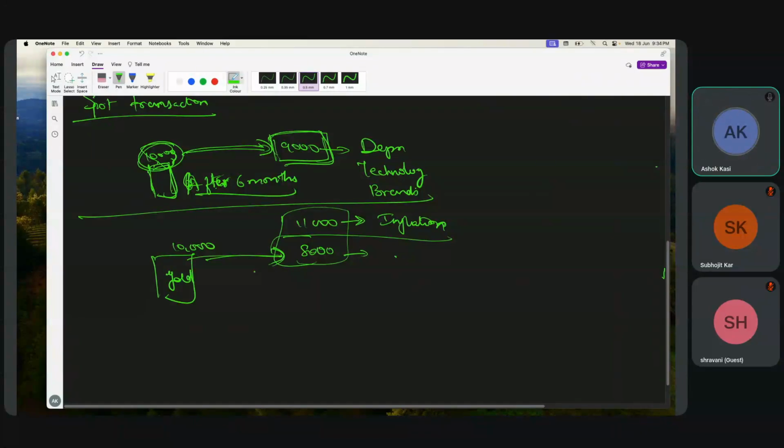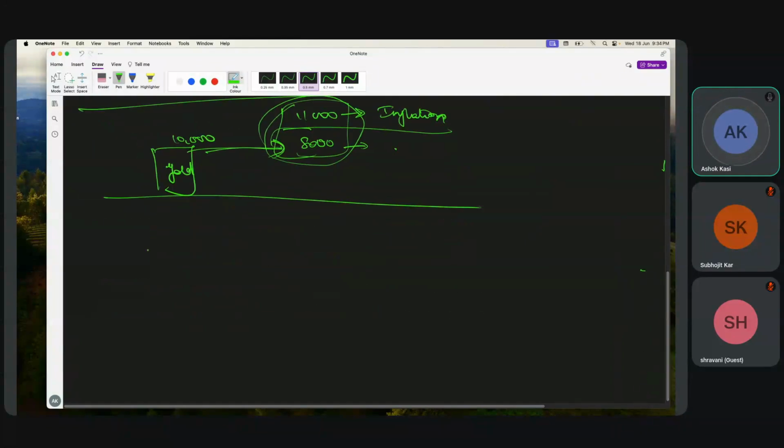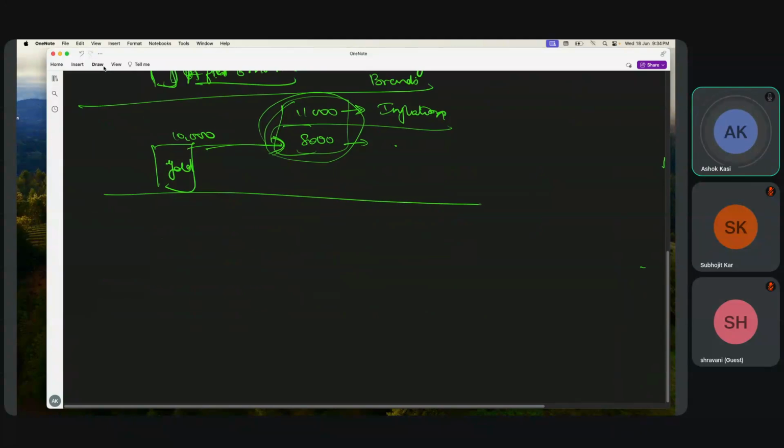Fine. So now what have we done? We have derived the price of gold. Now what is the underlying asset over here? Gold. Now case 3. Let's say Reliance shares. Now let's say the price of Reliance is 2000 rupees now. What do you think should be the price of Reliance, let's say 3 months down the line? After 3 months,